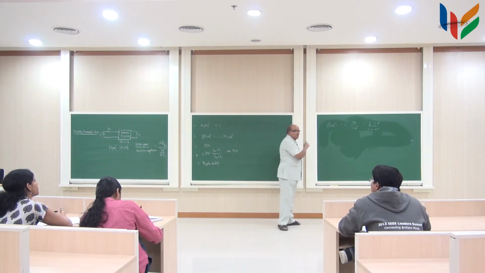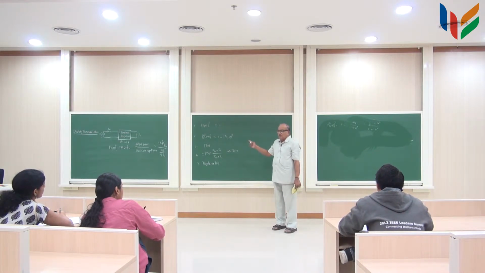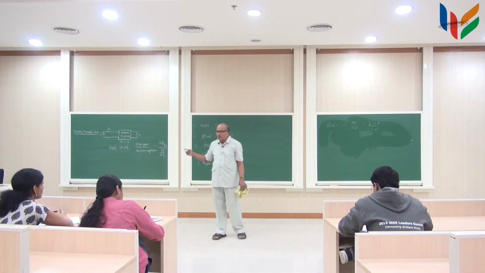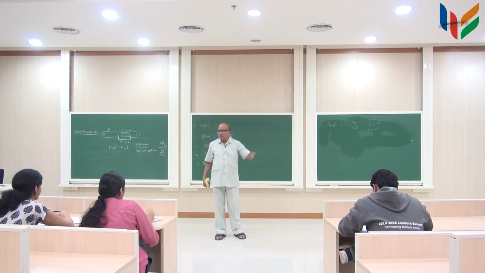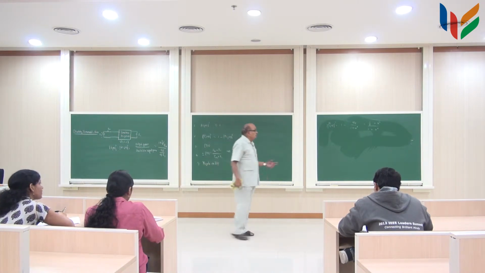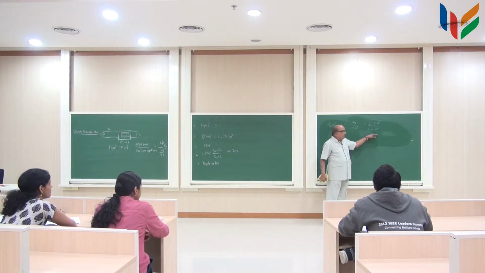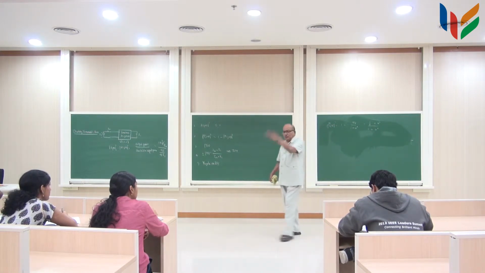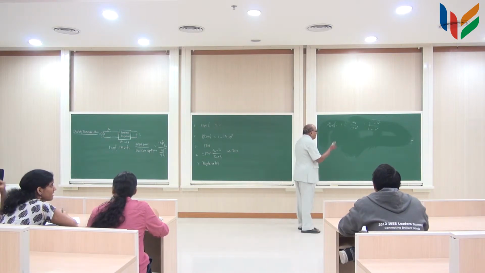So now from this I must extract rho of S. How do I do that? This rho of S magnitude square is nothing but rho of S into rho of minus S. So you take both the zeros and the poles at the right half plane, left half plane, and pick up the zeros corresponding to the denominator definitely in the left half plane, but you have freedom to choose the zeros anywhere you want. But if you want a minimum phase function, you will like them also to be in the left half plane. So you pick up right half plane, left half plane.